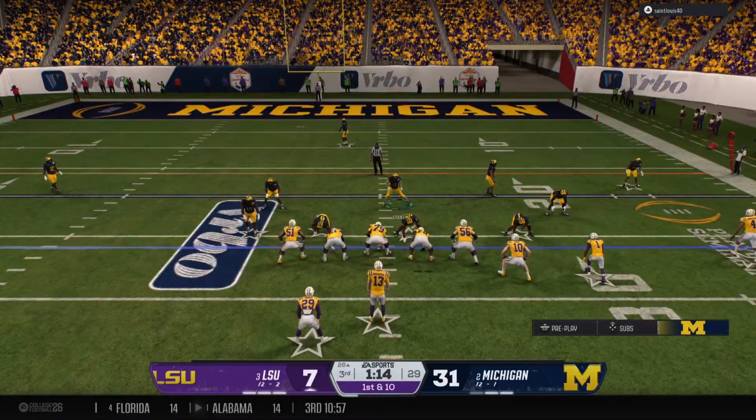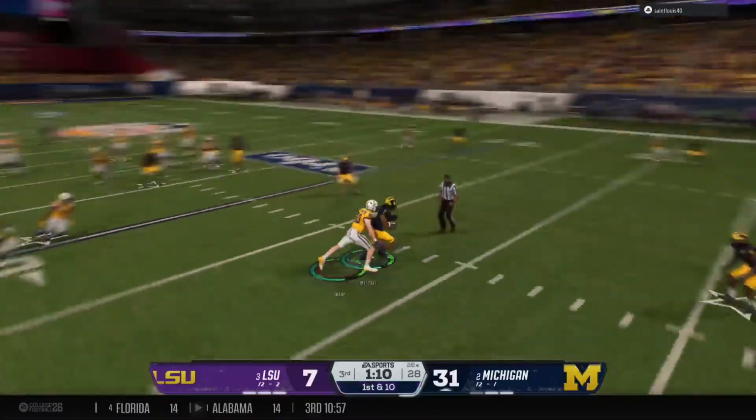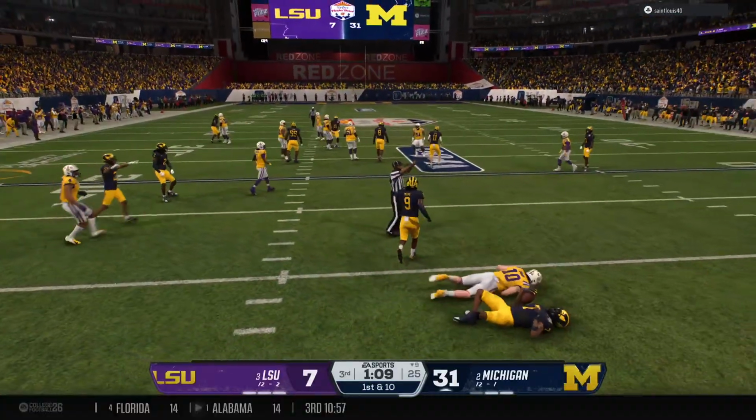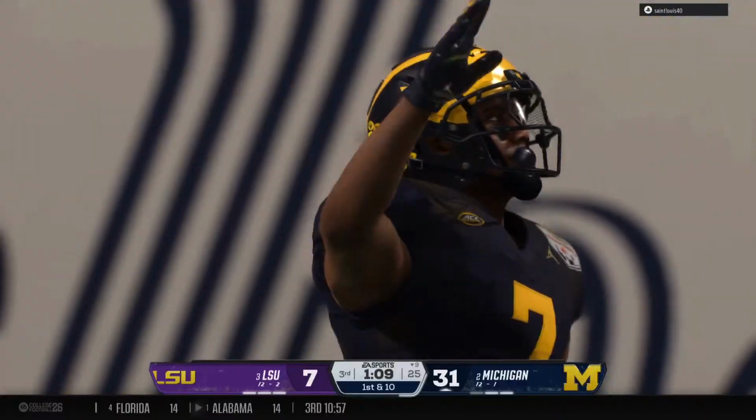This is too big of a game. They've come too far. They're in the playoff. You're down in the second half. Oh, that one's picked off. Tackle made after a short return. The pick ends that threat.